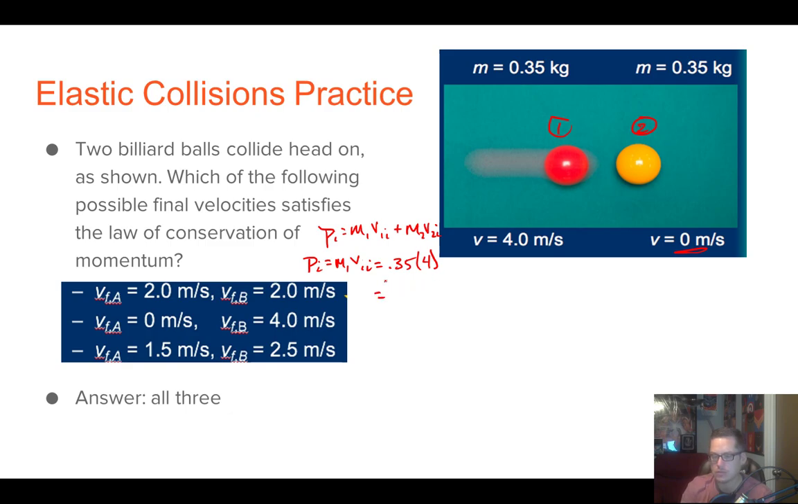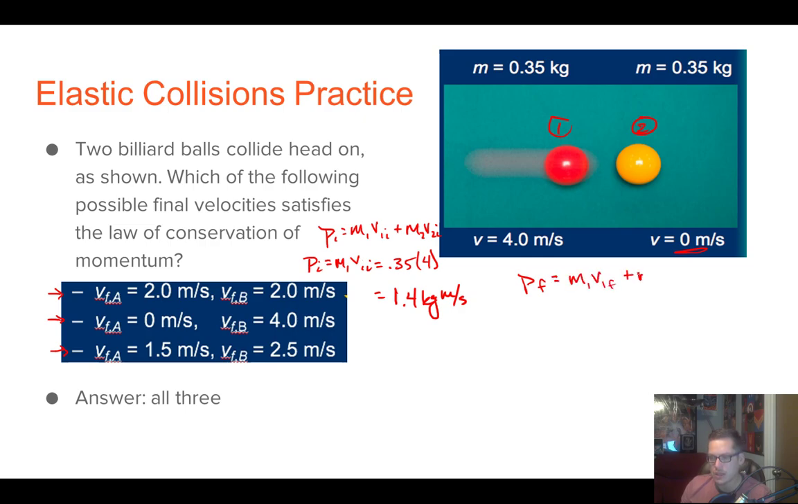And so 0.35 times 4, we get 1.4 kilograms times meters per second. So that's our initial momentum. And now we just got to see which of these three sets, with a final velocity of A and a final velocity of B, match it. So our final momentum is going to be equal to